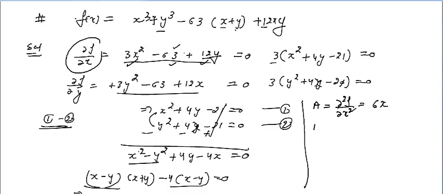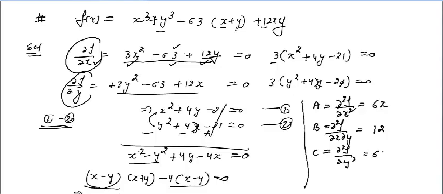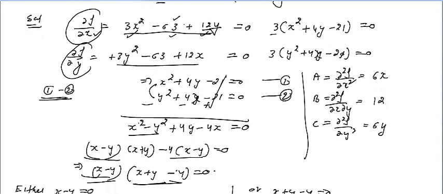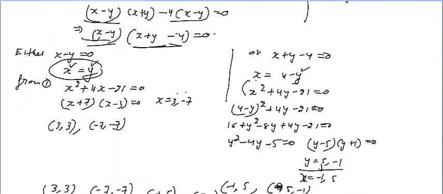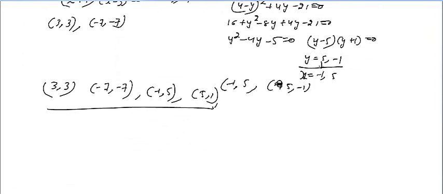So b is the derivative of f with respect to x and then with respect to y. You can differentiate this with respect to y, you are getting only 12. So you don't have any x and y. Value of c, derivative of this with respect to y one more time, del square f by del y square. So this will be 6y. So you are getting these three values. You can write down here: a is equal to 6x, b is equal to 12 and c is equal to 6y.